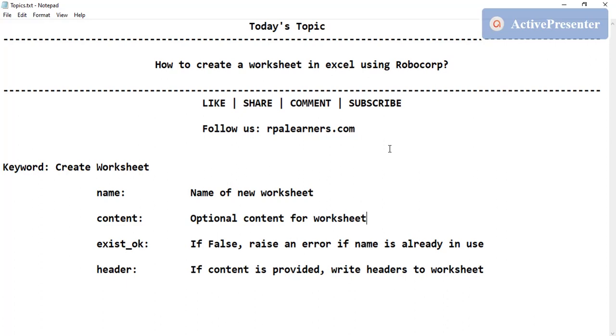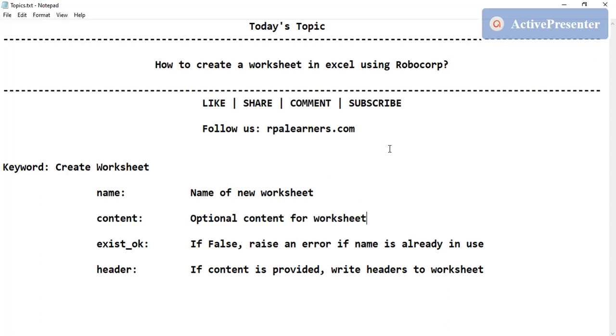Name is the name of the new worksheet which we are going to create. And the content, if you are writing something on the new Excel, you need to provide the content which needs to be written on that new sheet. Exist okay, if you are creating a sheet which already exists, if you want to throw an error because the sheet name already exists, or if you want to continue with the same sheet, this argument gives those values.